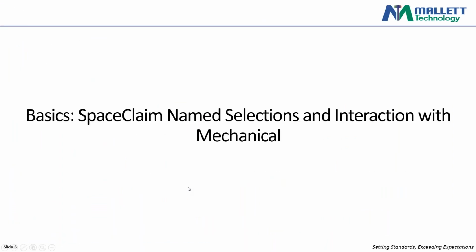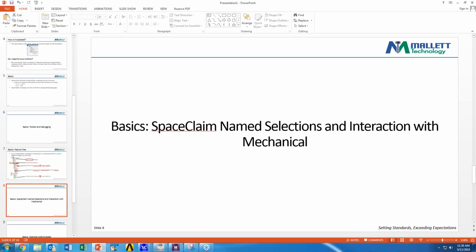So next up, I want to talk about how SpaceClaim and specifically the SpaceClaim scripting tool can be really helpful in establishing good interaction with mechanical. And when I say good interaction, I mean when we're doing these parameterized studies and recreating the CAD or changing the CAD, how do we ensure that we don't break links as we go ahead and update mechanical? Because essentially we don't want to reassign boundary conditions or loading curves or anything like that every single time that we change the CAD.